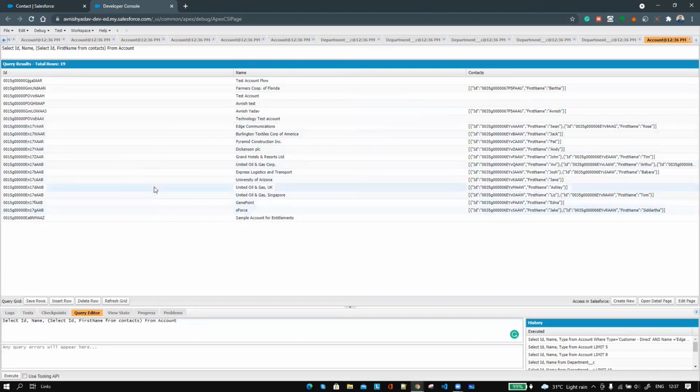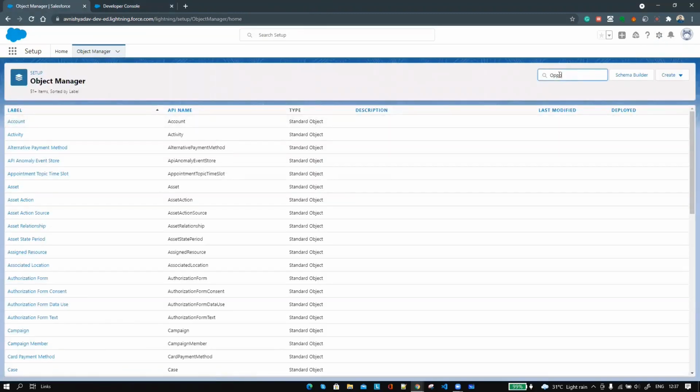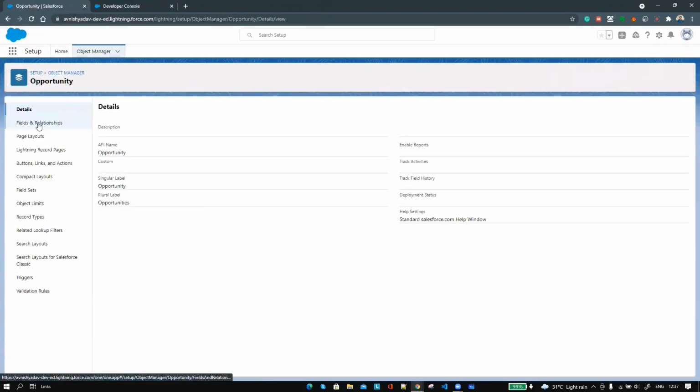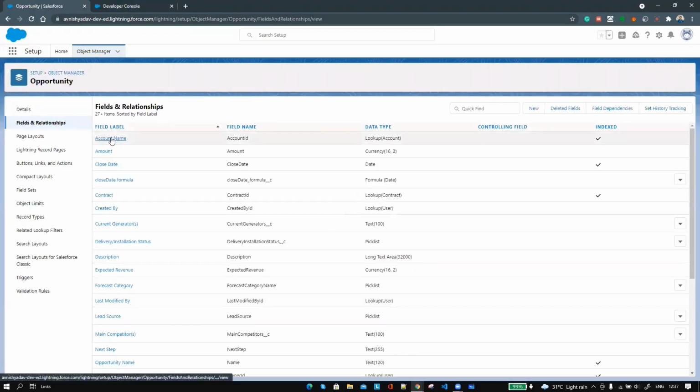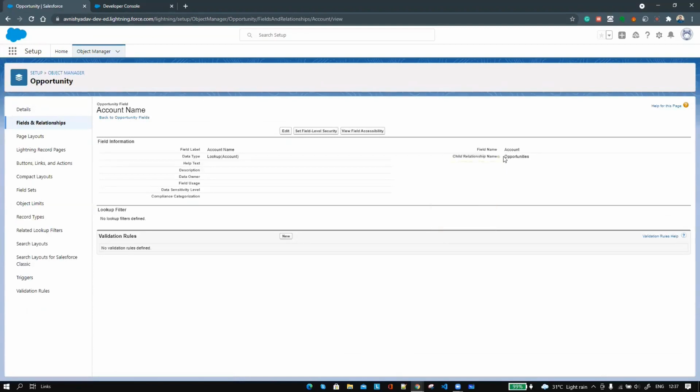We also know that account is related to opportunity, and opportunity is a child of it. If you want to query that, go to the Opportunity object, click on Fields and Relationships, click on the account lookup, and see what the child relationship name is. It's Opportunities.